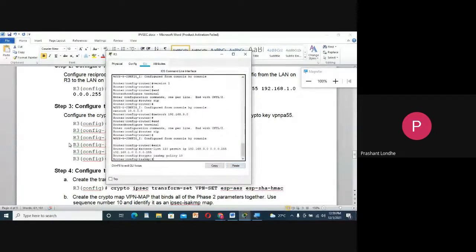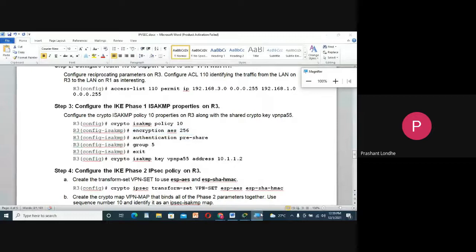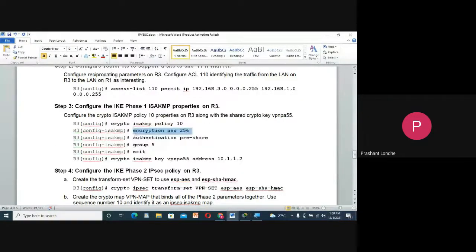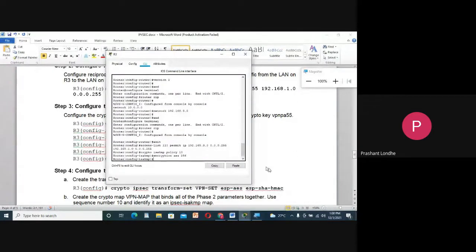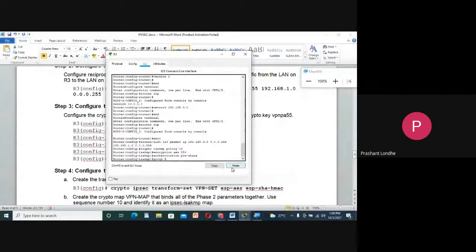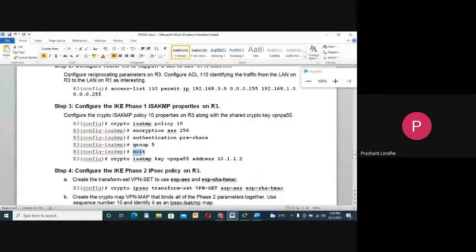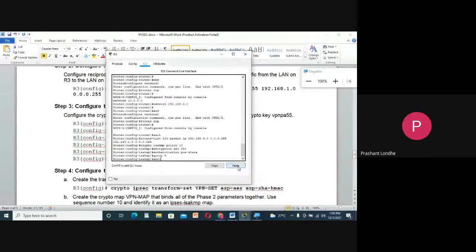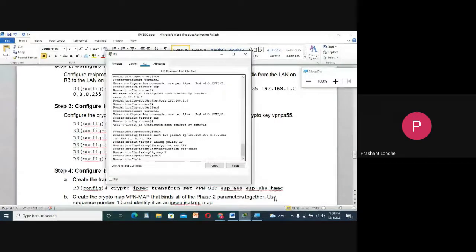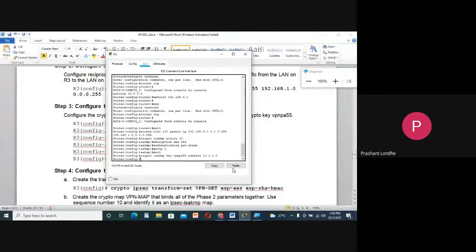Paste. The commands are the same. So basically we have implemented this.